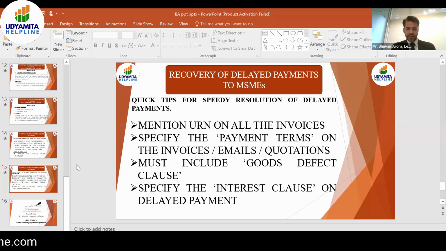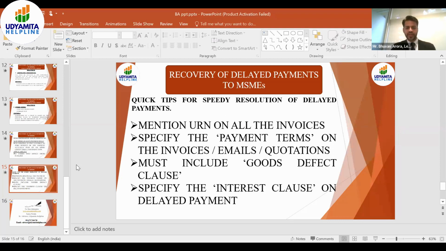Then we also must state the interest clause on delayed payment. First we state the payment clause, payment has to be made within 7 days, then the interest clause. If payment is not made within 7 days, then interest at such and such percent, maybe 18%, 24%, whatever is feasible, will be applicable from the date of delivery of goods or from the payment date till the actual date of payment. So if we mention all these things, then the buyer will be under an obligation because he knows